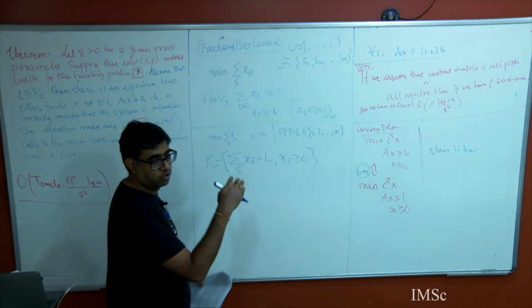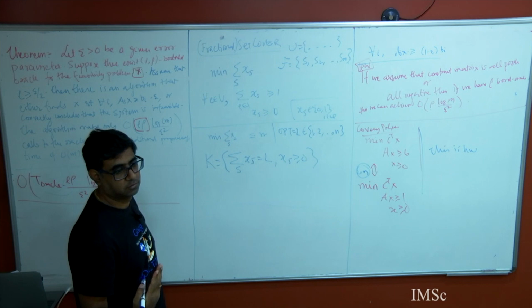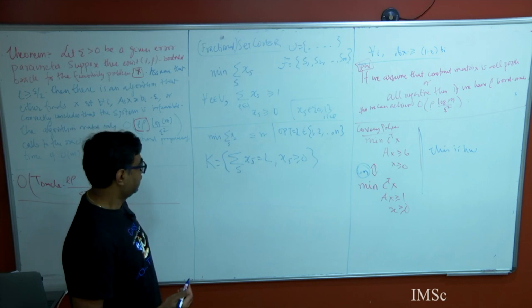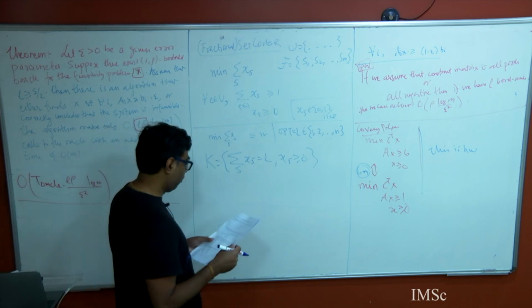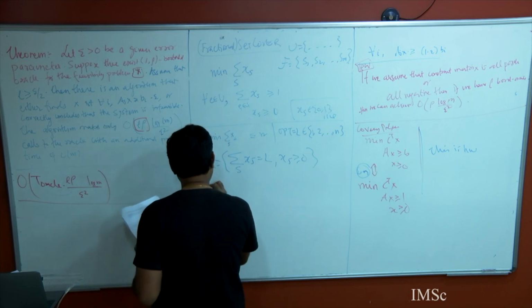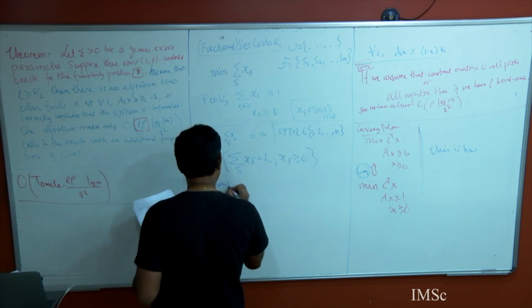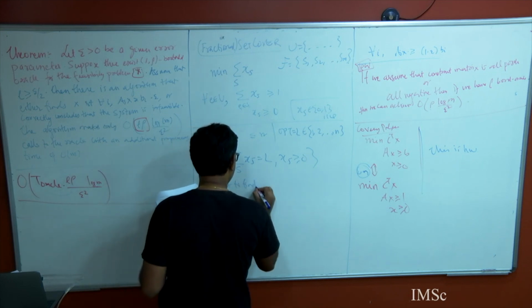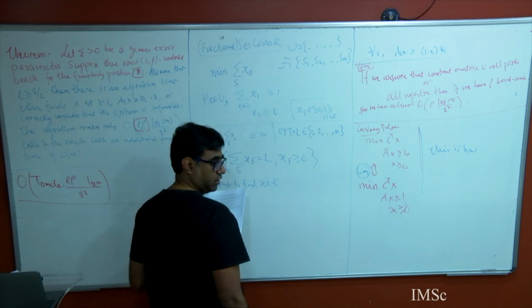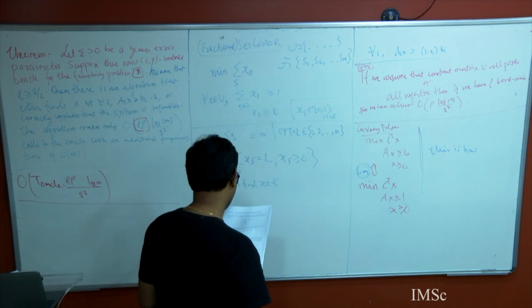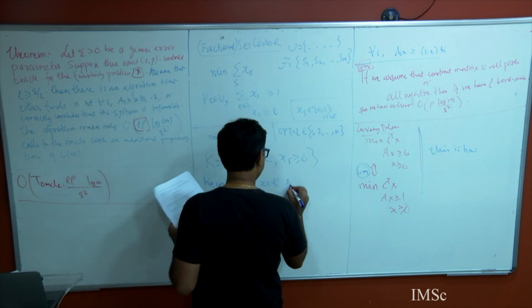This is the polytope over which I am trying to find a solution. What we want to do is find x in K such that